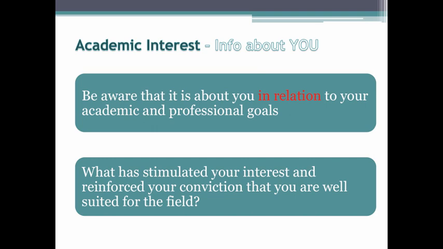If that accounting you did was for a nonprofit or related to nonprofit organizations, or something in your academic field, then you may want to emphasize how that helped you with your academic and professional goals. But remember, if it has nothing to do with the program or no relation at all, leave it out. You don't have to put every single award.